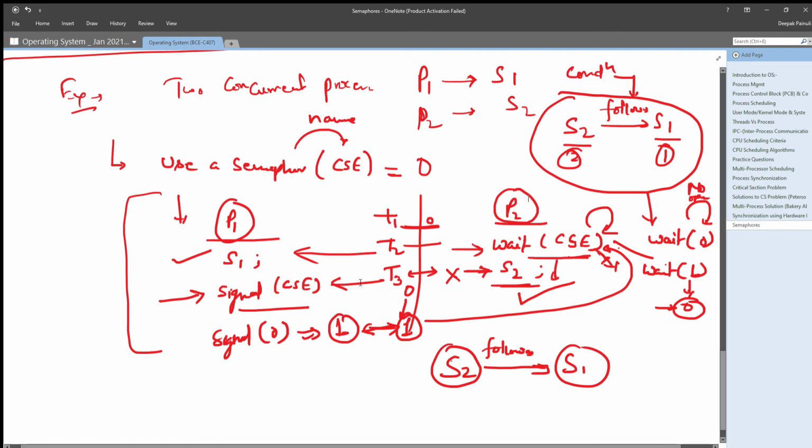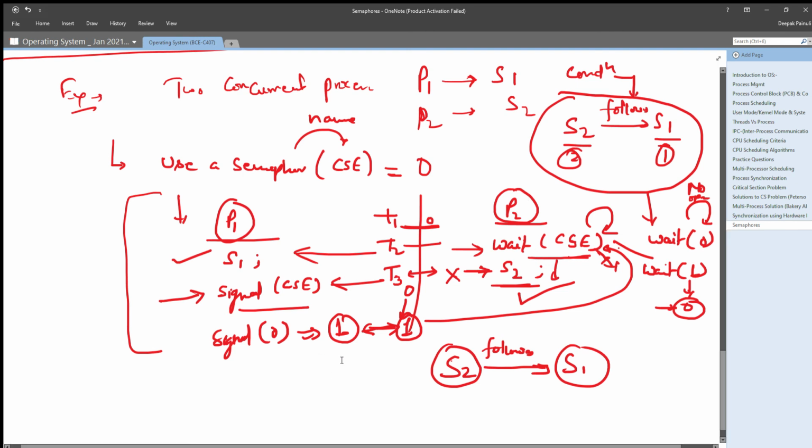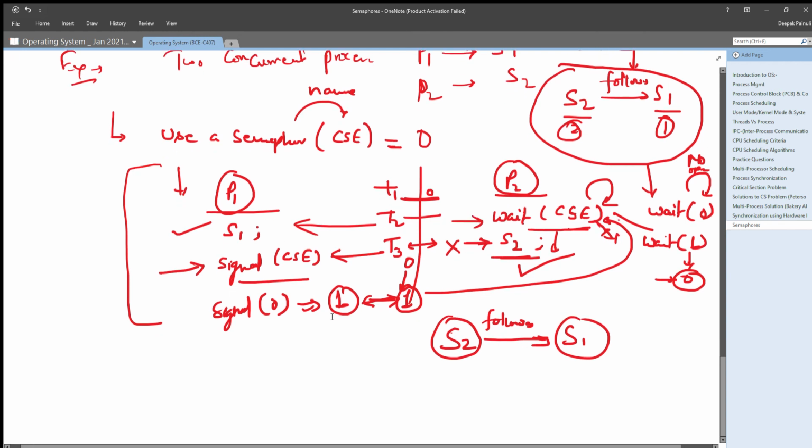And by using the proper ordering of wait and signal operations, you can provide the solution to the synchronization problem as we did in this example, right guys?